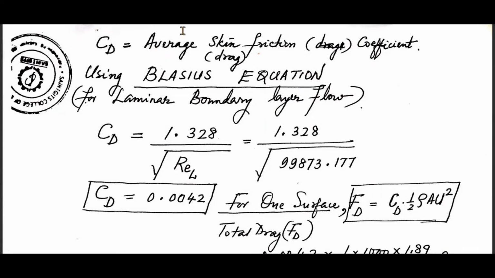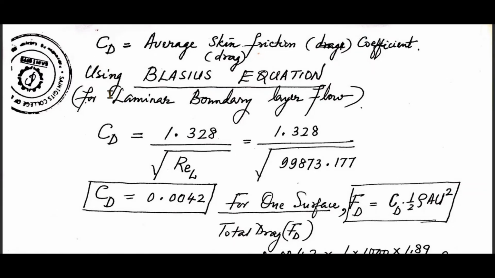That is better. As the word is average, because if it is the local skin friction coefficient, then you will write CFX. I told you that in the morning session. CFX means the local skin friction coefficient. This is the average skin friction coefficient. Otherwise, it will be specified as local by the word local. So average coefficient of drag, or simply coefficient of drag, or average skin friction coefficient, is denoted by CD.